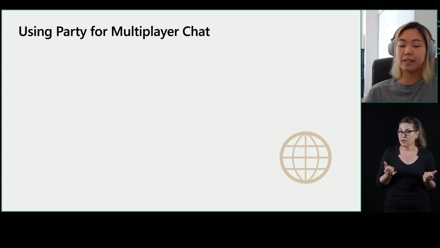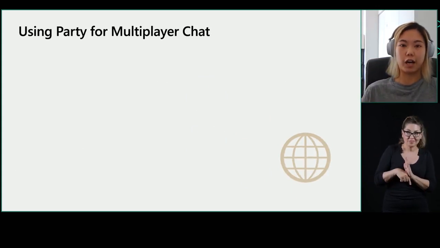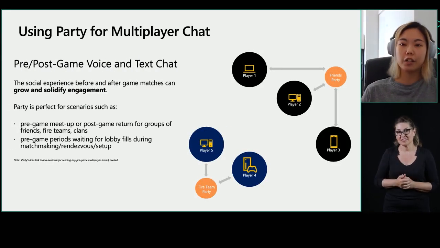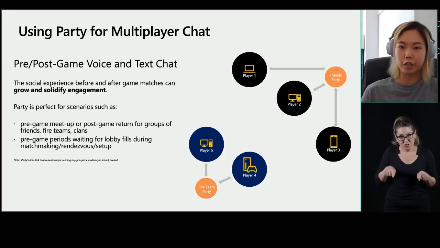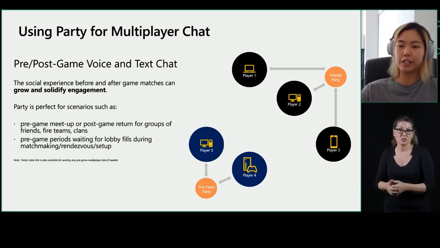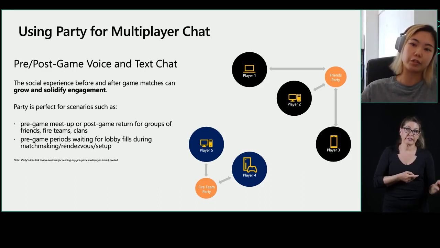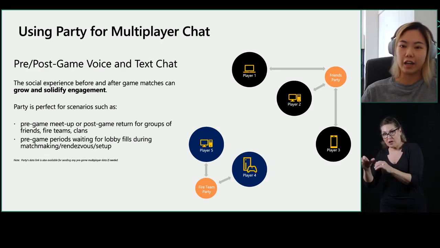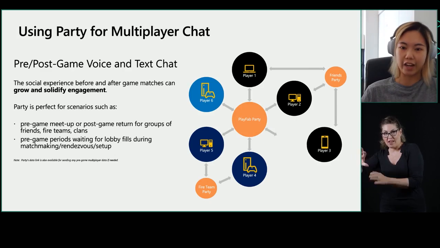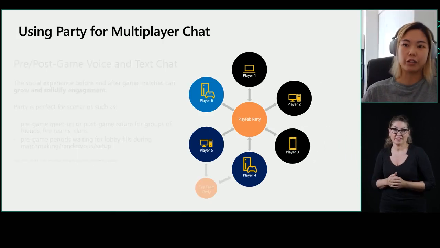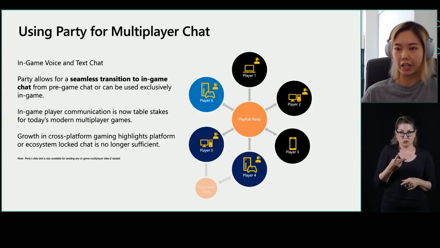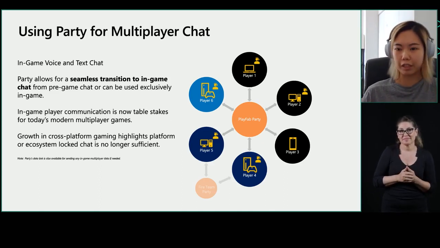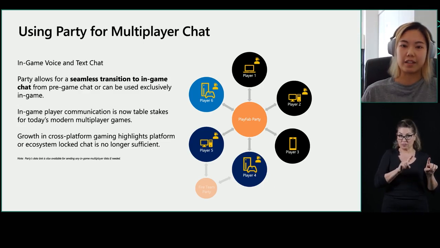So now let's dive a little deeper into the pre-game and post-game scenario. In this scenario, there are two groups. We have the Friends Party, encompassing players 1, 2, and 3. And we have the Fireteam Party. Players 4 and 5 are in the Fireteam Party. So these two parties, they're chatting among themselves pre-game. They're two completely different parties. And now